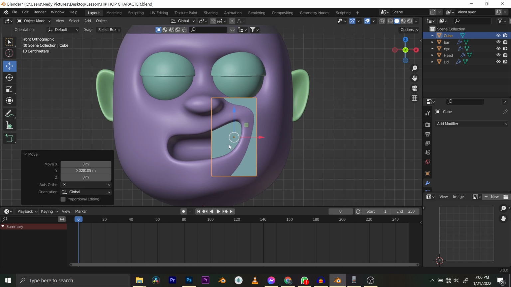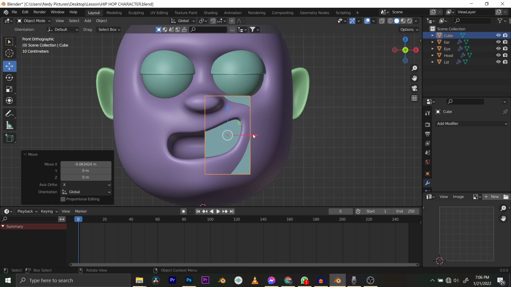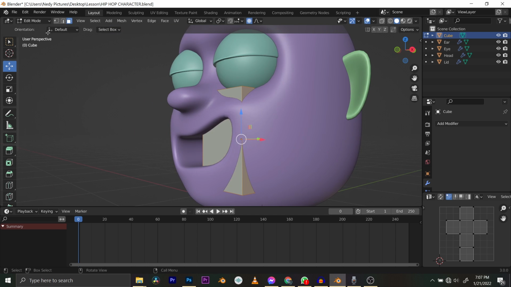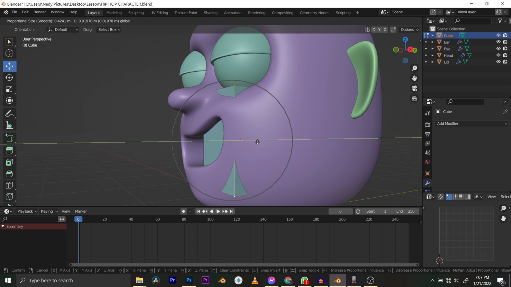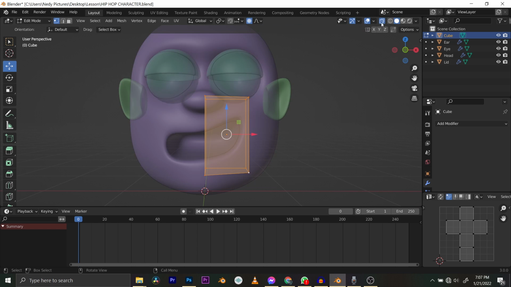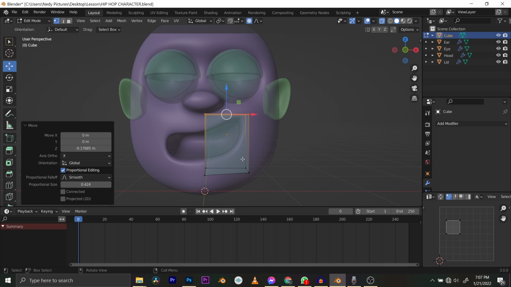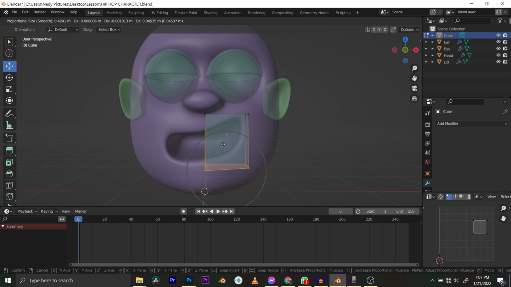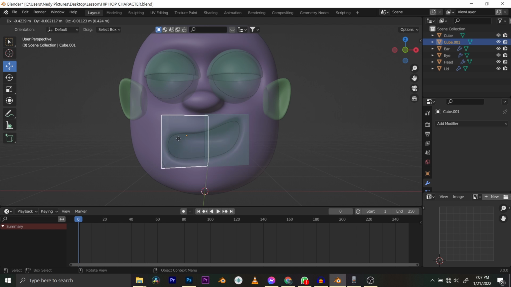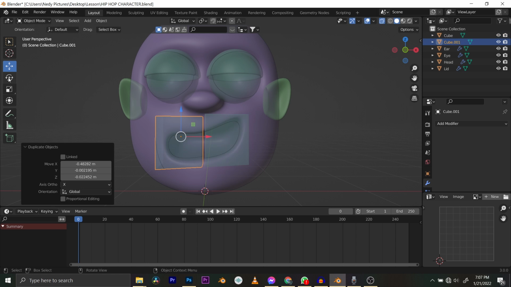I think you're just going to go into edit mode and then select this point and this point and just move these guys back. Okay, X-ray, I want to see inside. I want to select these guys, move them down, select this guy, move him up, Shift D, and then